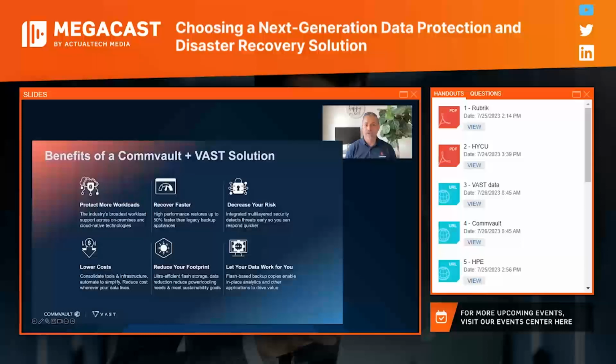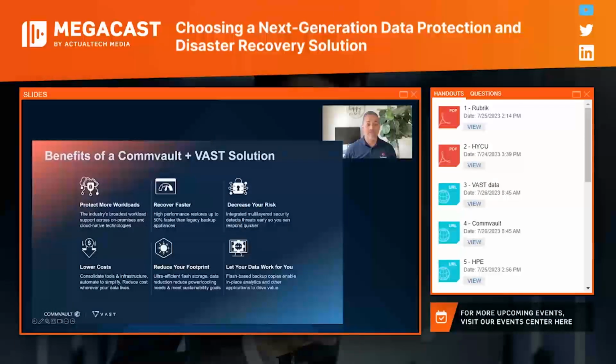And some of those benefits that we talk about, George, with Commvault: enterprise customers choose us every day because of the broadest workload support in terms of protecting the data. Anything from a legacy system, could be an AS400, all the way through to Kubernetes in the cloud, right? We can protect all of the data. There's nothing an enterprise will bring to us that we say, sorry, we can't protect that data. That's why enterprises choose us, and we do it in a very simple manner.